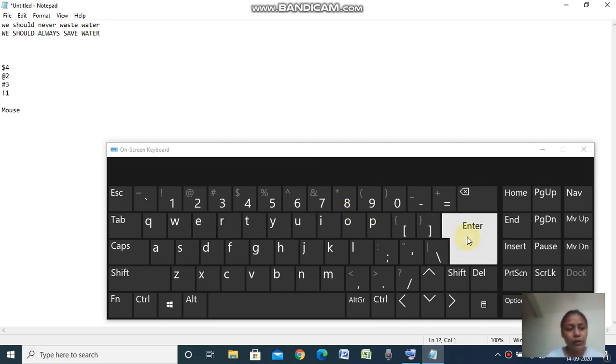Now children, we will learn that we can use shift key to type our table. For example, I am writing the table of 5.